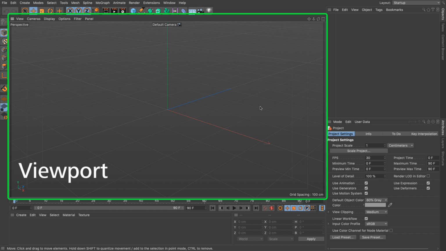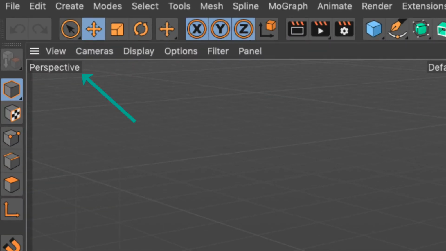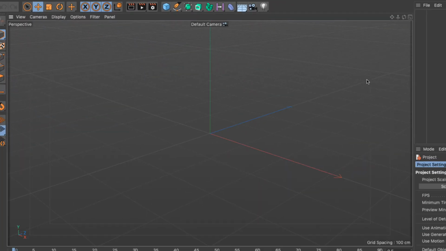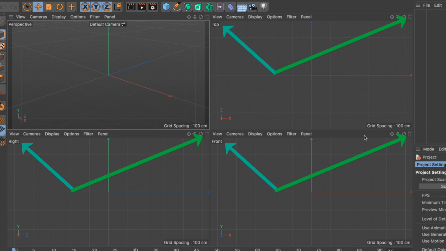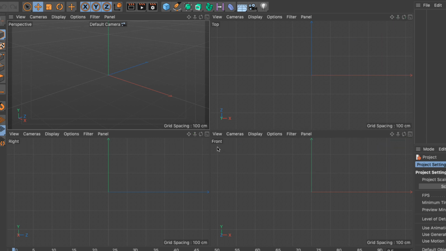We are currently viewing the perspective view. I want to go and view this from the front view. So go to this button here, click once to go to the 4 views, and you can see each and every one of these panels has another set of these buttons. And the one we want is the front, and I'm going to click on the appropriate 4th button and maximize